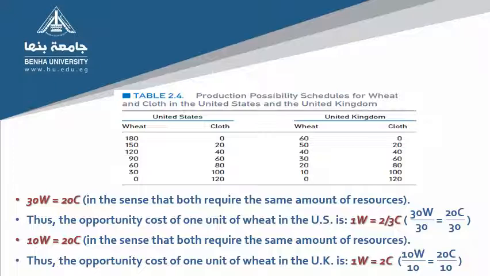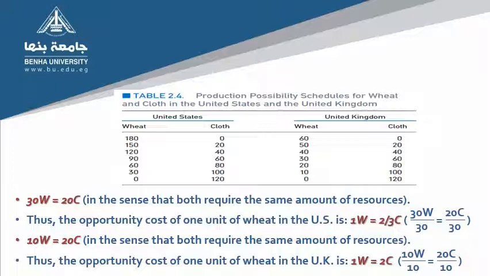That is, 30 bushels of wheat equal 20 yards of cloth, in the sense that both require the same amount of resources. Thus, the opportunity cost of 1 unit of wheat in the United States is 1 bushel of wheat equal 2/3 unit of cloth,